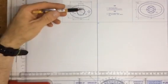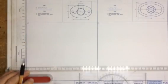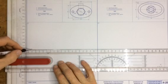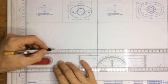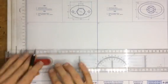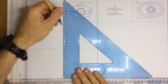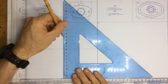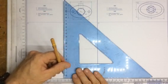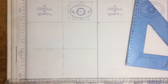Right, what we're going to do now is draw this ellipse over here. Drawing an ellipse, what I start with is I'm going to draw a center line going across here, and a vertical center line going up over here. Okay, on that center line, I see that I've got a